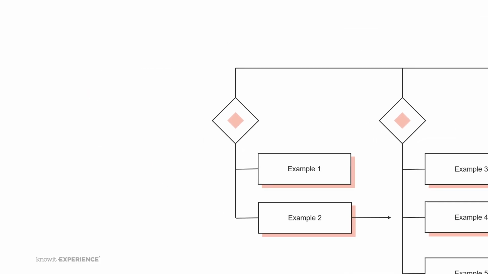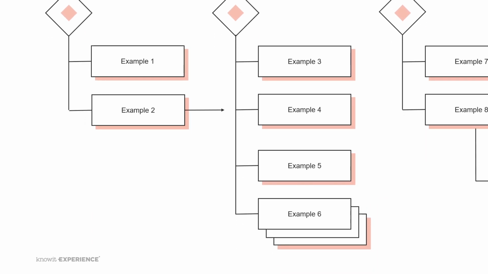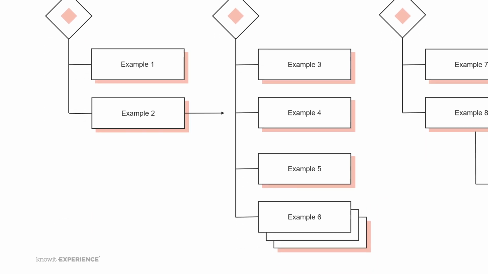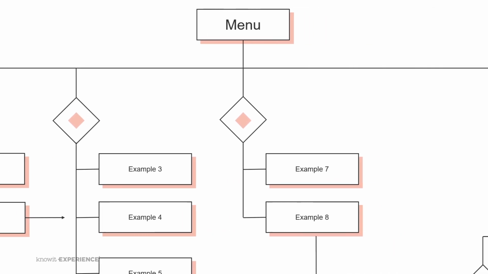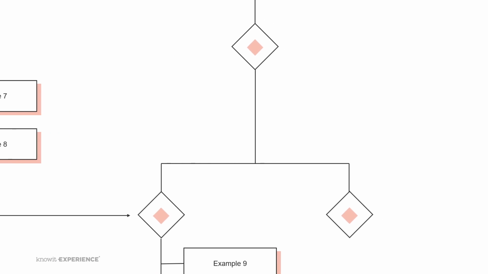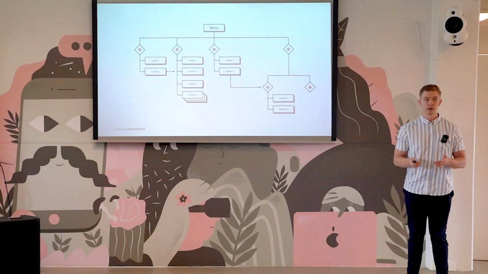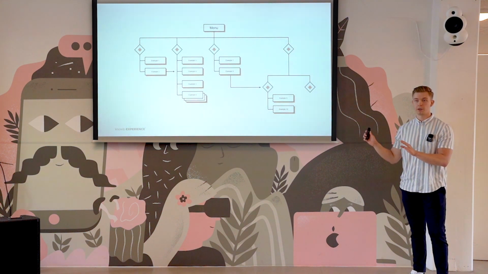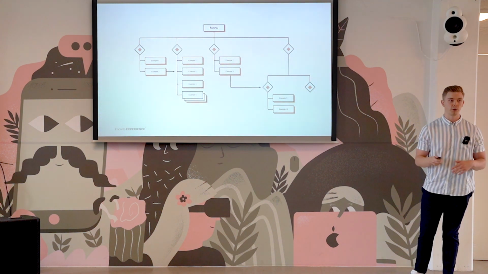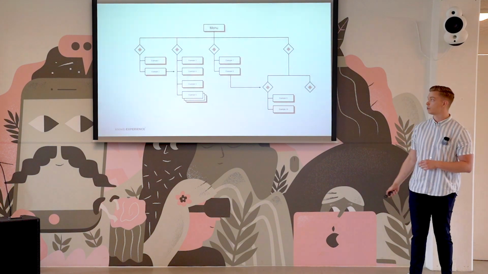So I can talk about example 1 and 2. I can go over and explain that example 3, 4, and 5 is here, and 6 is stacked. I can go back up into the middle and then talk about how 7 and 8 goes over to example 9 and 10, and then I could go back out and summarize. So even though there was no particular information here, it was very easy for you guys to follow along, and that's my point. We can animate the complexity on our slides.